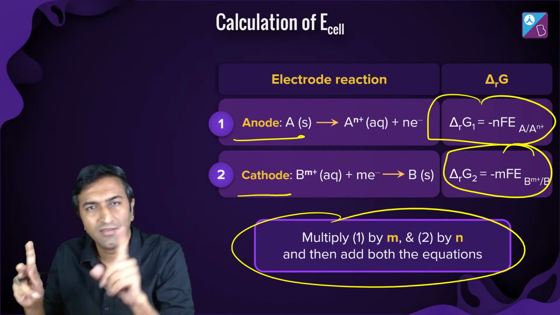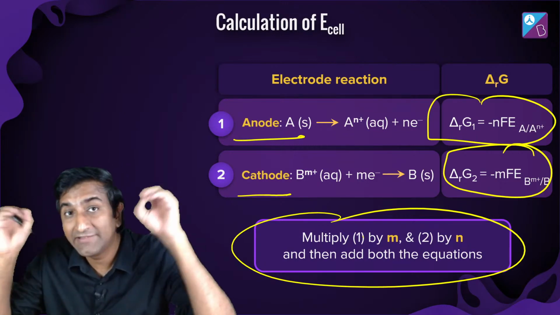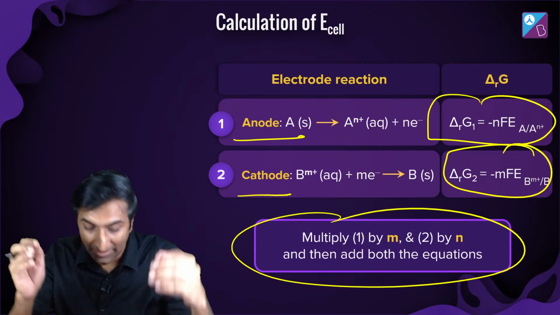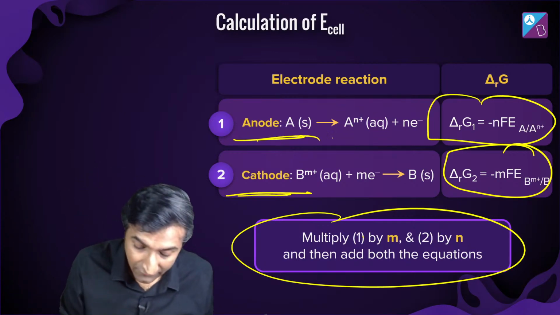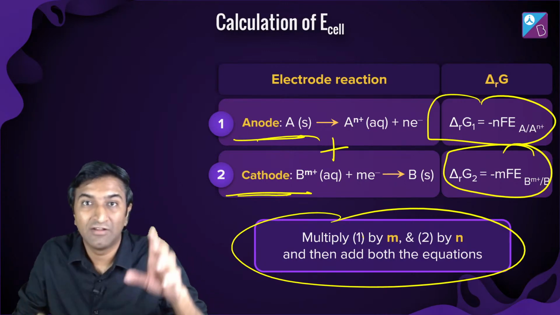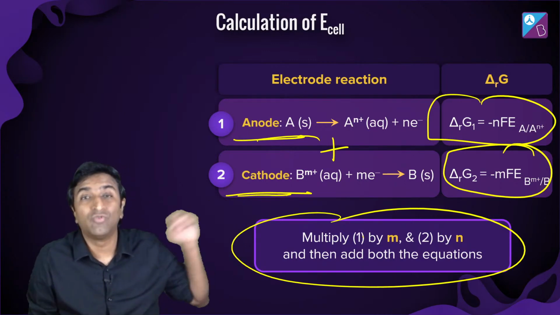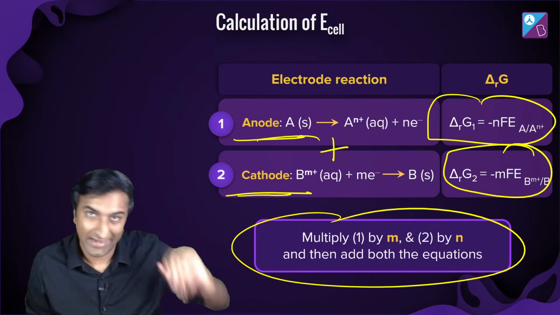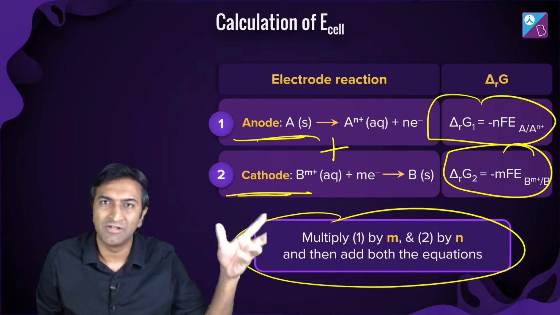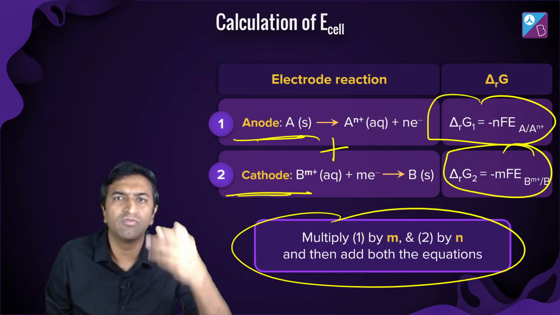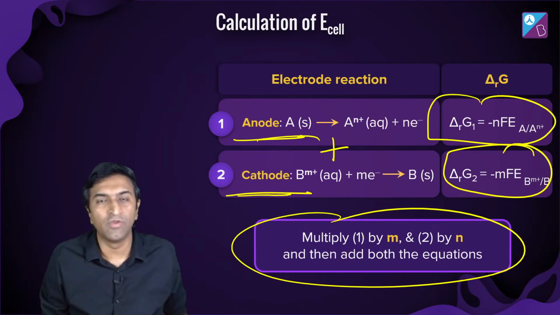What am I doing here? This is the Hess law idea. What is happening at the anode? This reaction. What is happening at the cathode? This reaction. If I add them both up, I get the whole reaction. What do I mean by Hess law? In thermochemistry, when you had 2 reactions, delta H formation, delta H combustion, you have to find delta H reaction. What would you do? Add, subtract. The same thing we are doing.